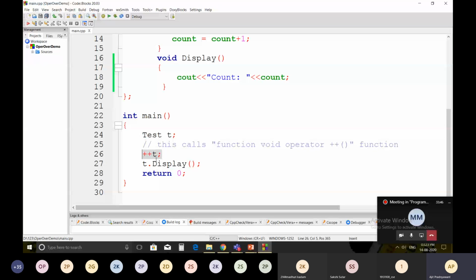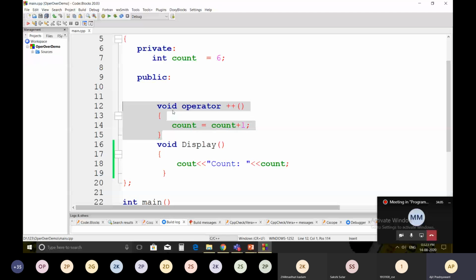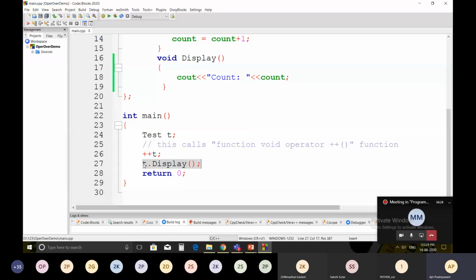Once the compiler encounters this plus plus t, it will look for the overloaded operator. Automatically the compiler will come to know that it has to invoke this operator function and execute the code present in this function. So it will increment the value of count by 1, and in the next statement, t dot display will print the value of the count variable.